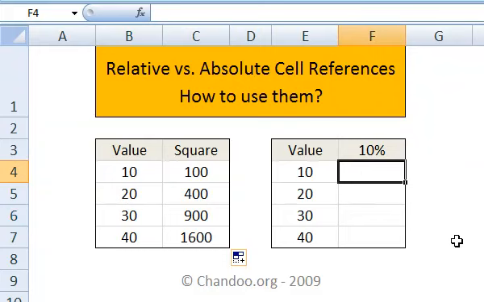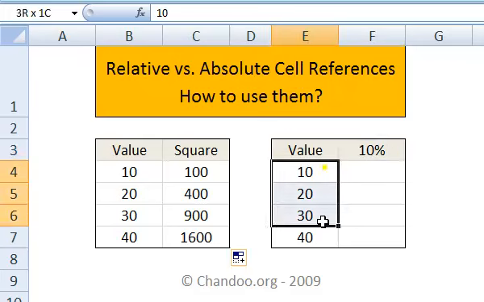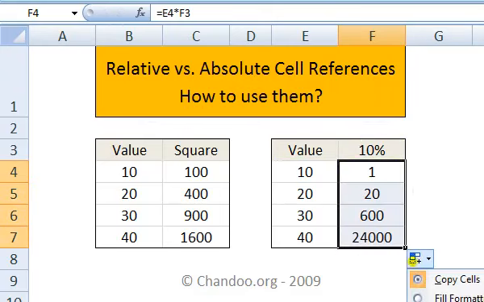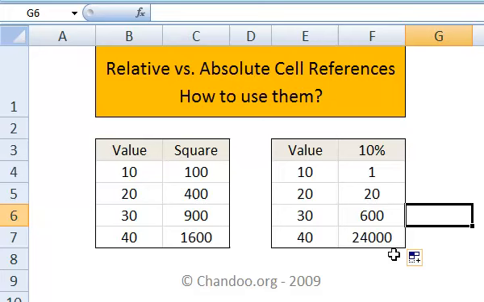For example, in a scenario where you have to calculate a fixed percentage of values here, this could be very useful when you are, let's say, designing a table with markups and things like that. So now what we have done is take the value in E4 and multiply it by this fixed percentage in F3. But what happens when you move it down here is